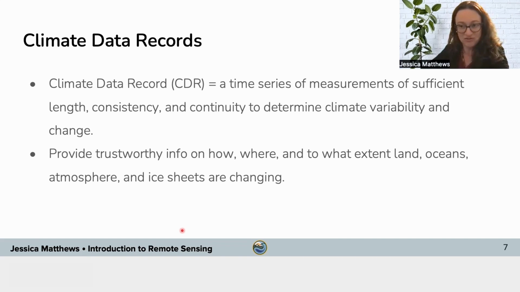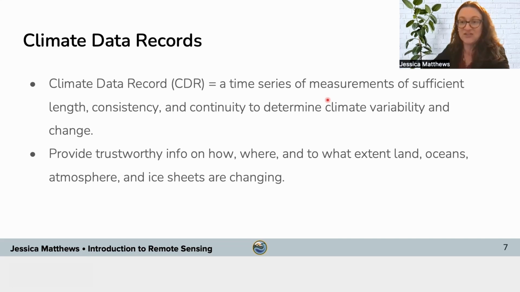present and future conditions. However, in recent decades, the climate community has had a much stronger interest in getting value out of what was previously data just used for weather observations. And to do that, the concept of a climate data record came about. And a climate data record is a time series of measurements that has sufficient length, consistency, and continuity to determine climate variability and change. They provide trustworthy information on how, where, and to what extent the land, oceans, atmosphere, and